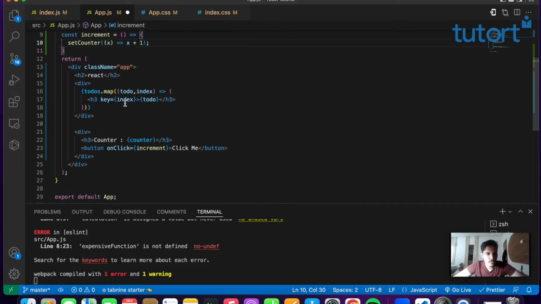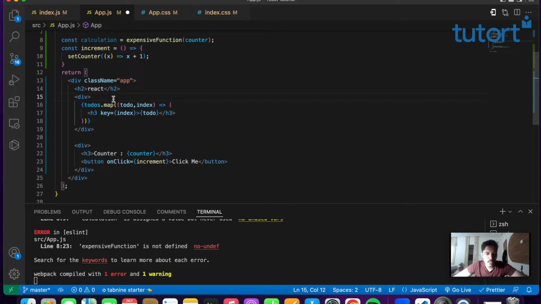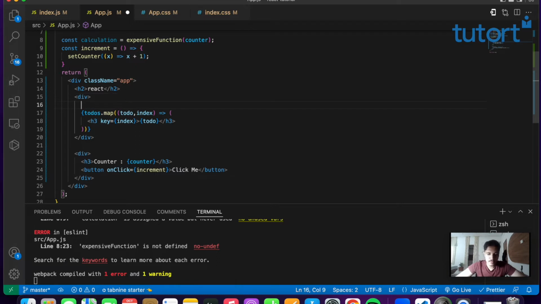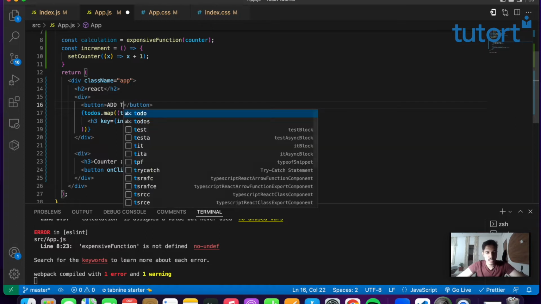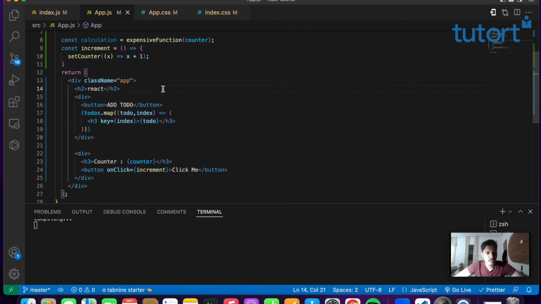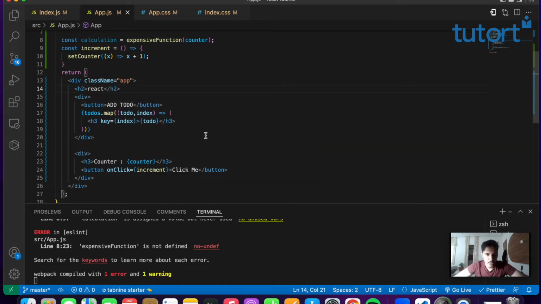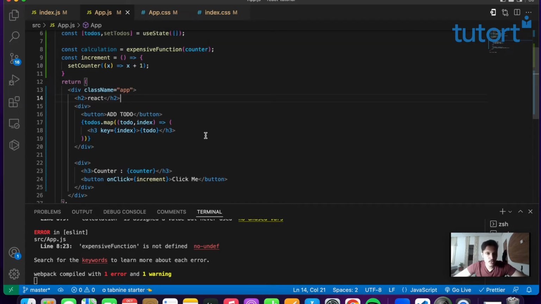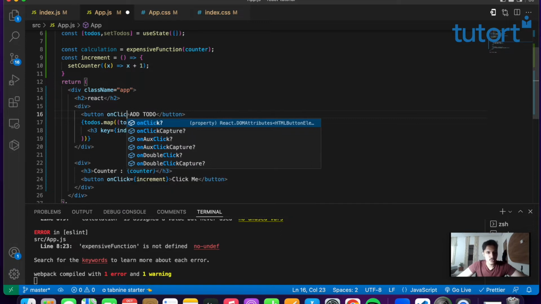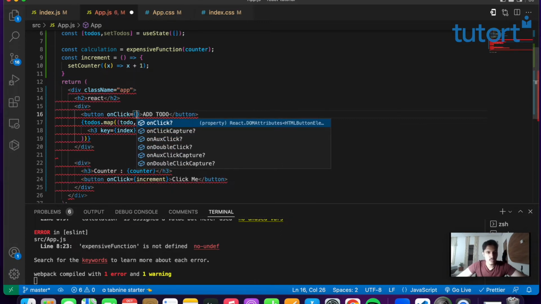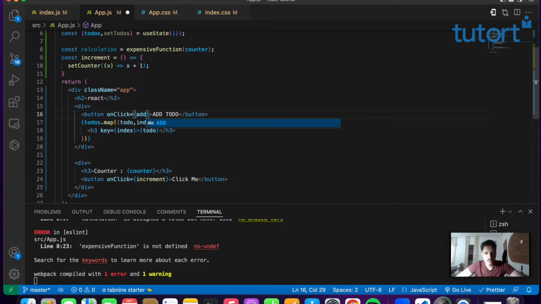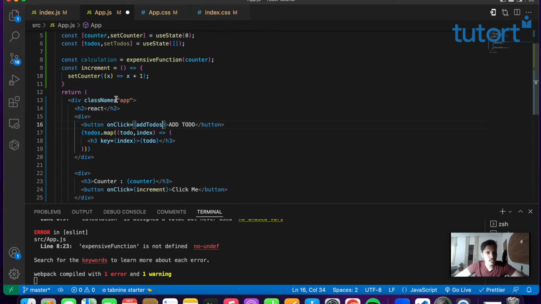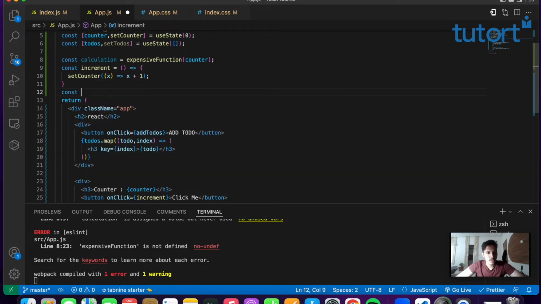Now just before we map our todos, we are going to have a button. This is going to say add todo, right? So save the file once, and if we press add todo we should add something to our todo list. So for that let's initialize an onClick event here also. So onClick, this is going to say addTodos. Okay, so let's define our addTodos over here. So let's say const addTodos equals an arrow function,